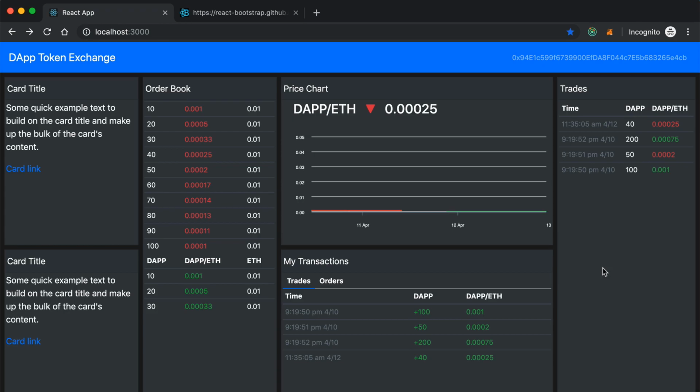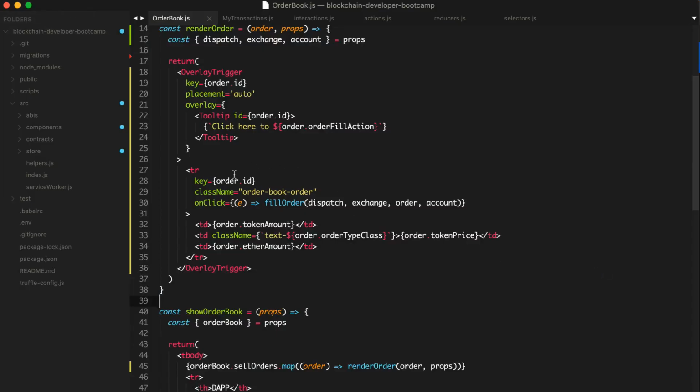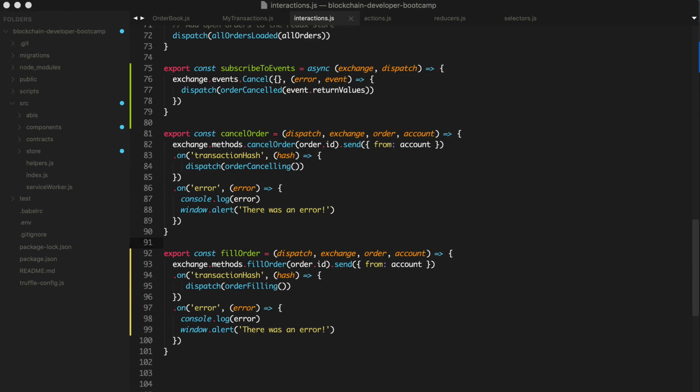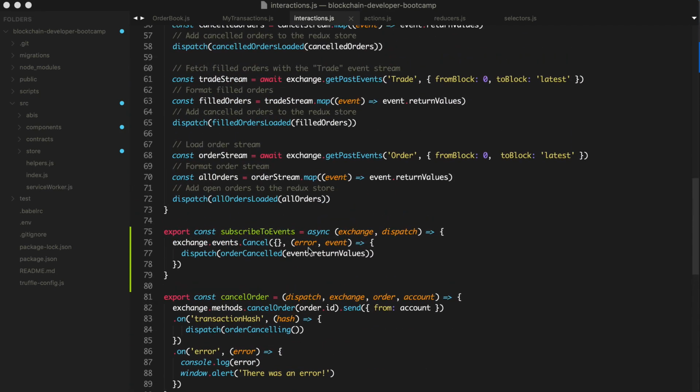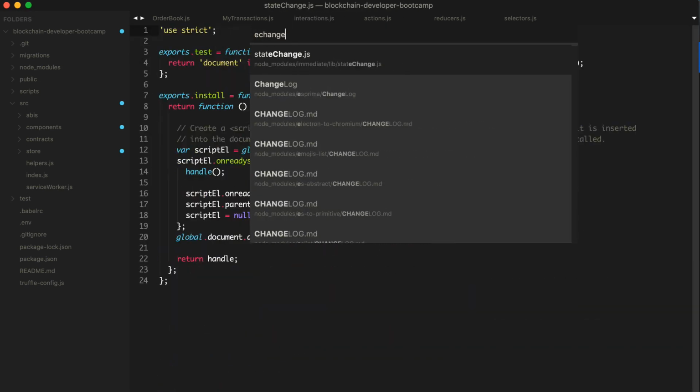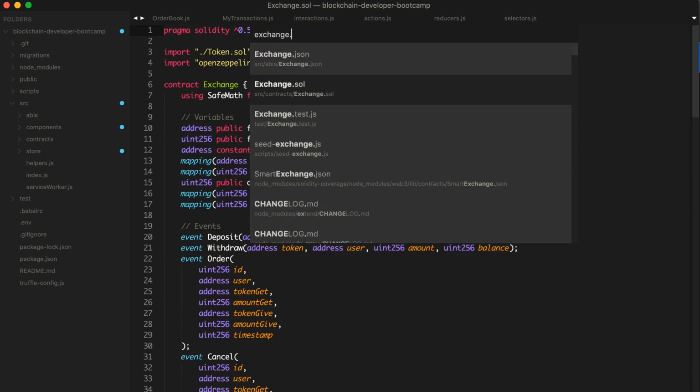Awesome. So now let's subscribe to events in order to see this update in real time. All right, so go back to our interactions page. And we're going to create a new event that we can listen for inside of here. We're going to create a big list of events here. We just have one now. So what we're going to do is listen for a trade event, because that's what gets triggered inside the smart contract. Remember? So say exchange.sol,